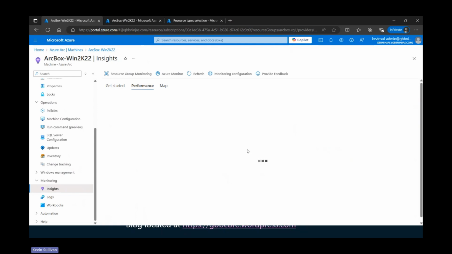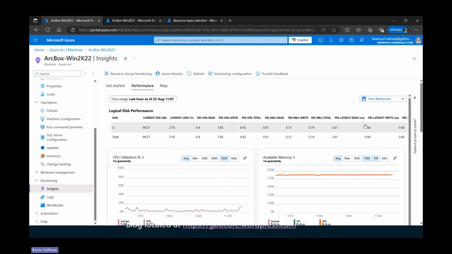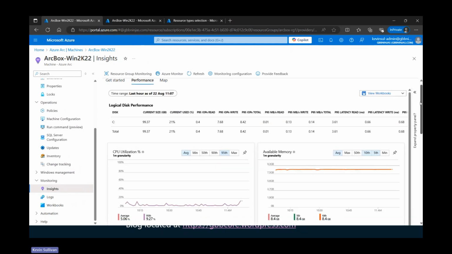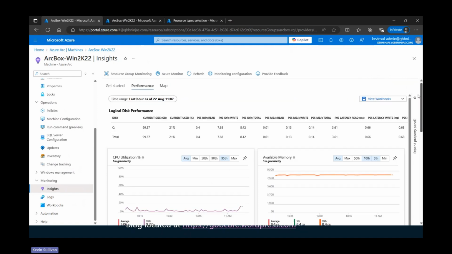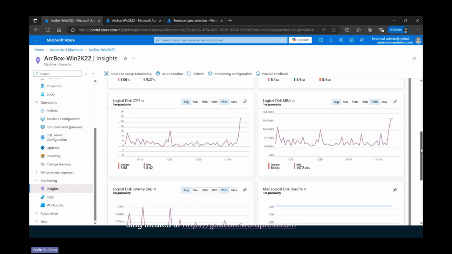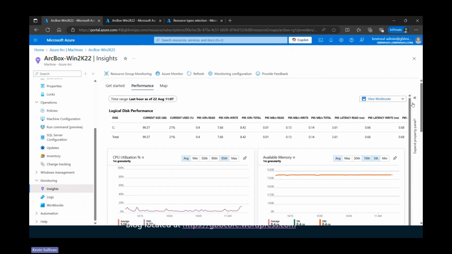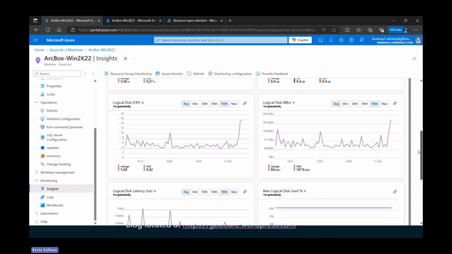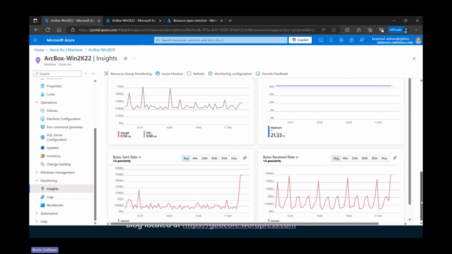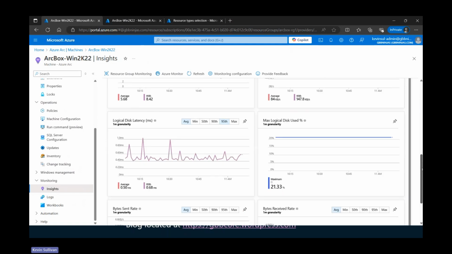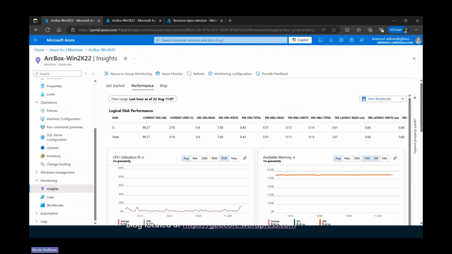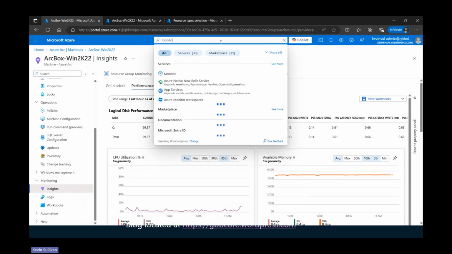So I'll see typically the basic, default data collection rules, which are your basics of, bring us your CPU, memory, disk statistics, and I can start, as you can see, I can look at this over time as far as the CPU, memory, and disk usage, et cetera, of this particular machine. Pretty good, right? But what's even better is if I go to monitor,